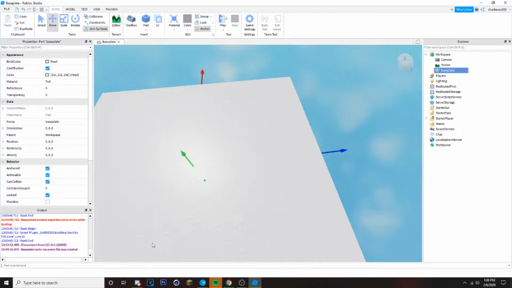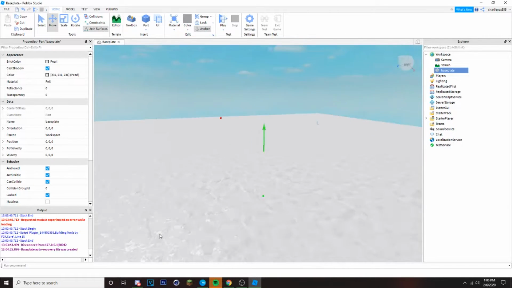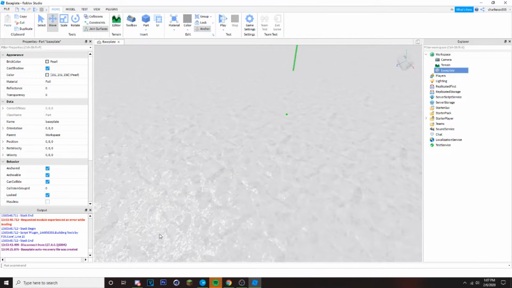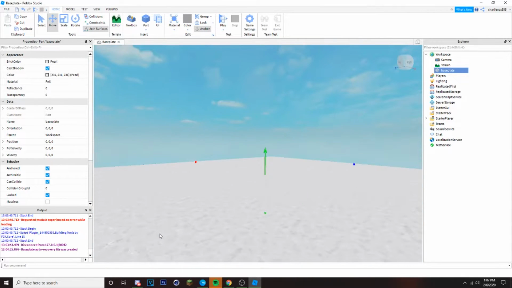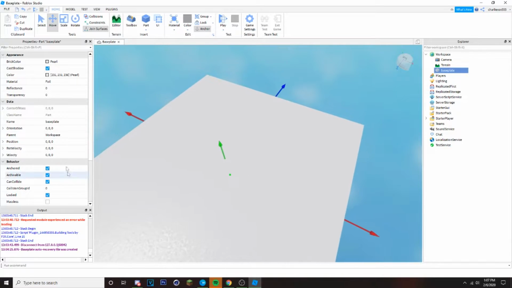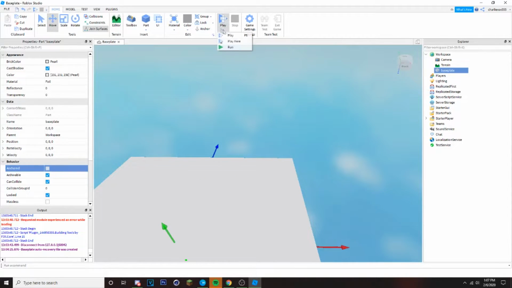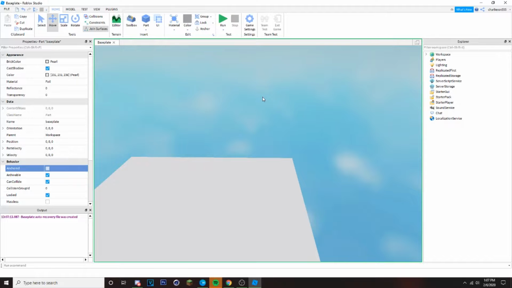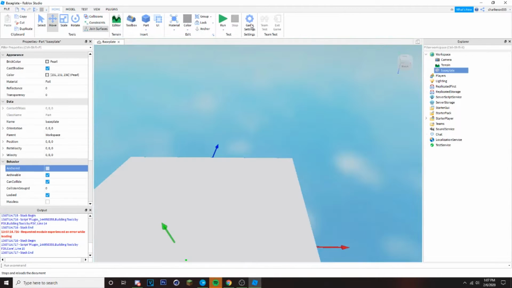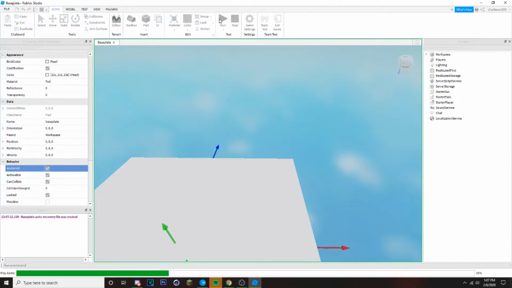But if it's false, then it will fall, or go up if the velocity is up or whatever. But obviously we're not talking about velocity right now. If I unanchor this and then I run it, as you can see, it's going to fall. But if I anchor it again and run it,